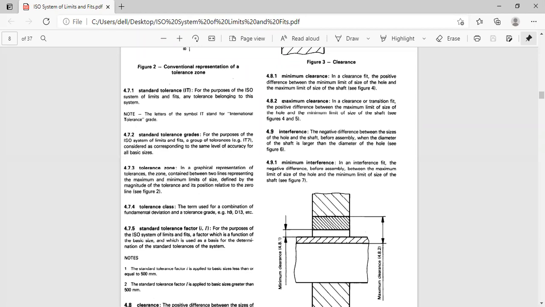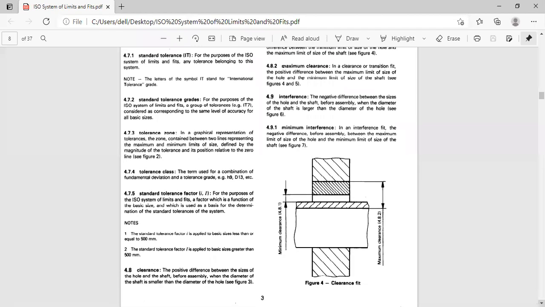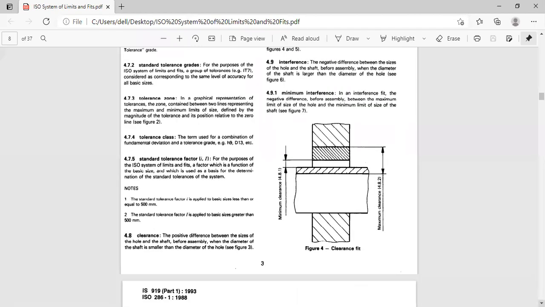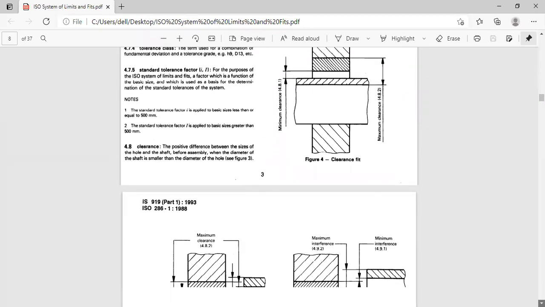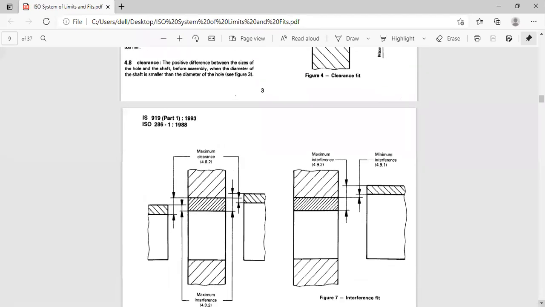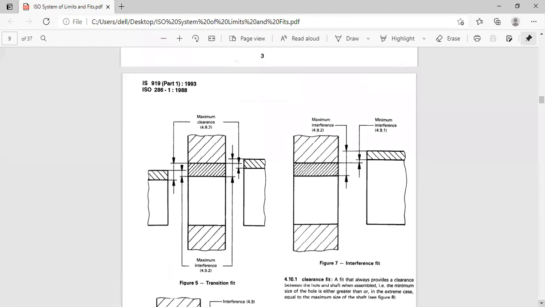You know the concept, that is very good. Already we have done some particular problems regarding this, so all these are very important. This is a very important question that can be asked, and you have to know what to write. If he is asking about the ISO system of limits and fits, some students write the Indian standards and the British standards. That's not advisable, so just take care of that.